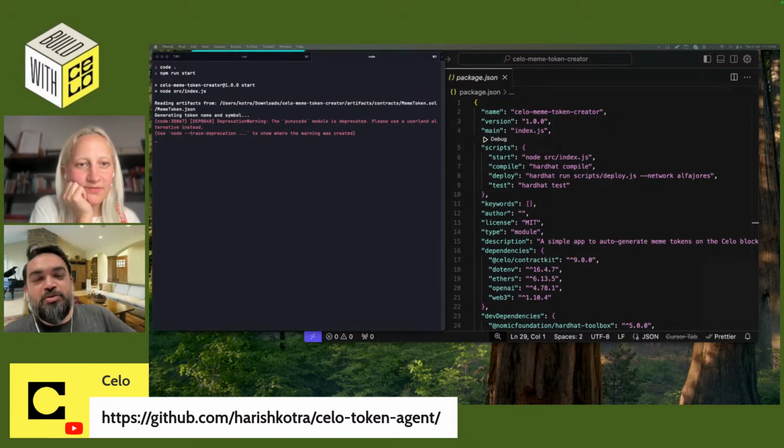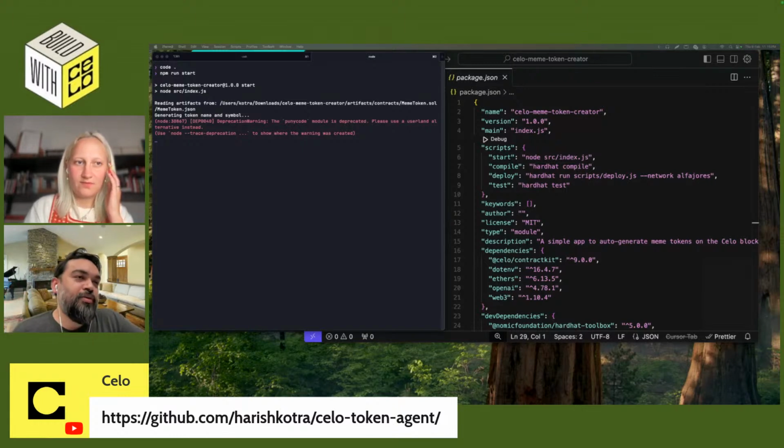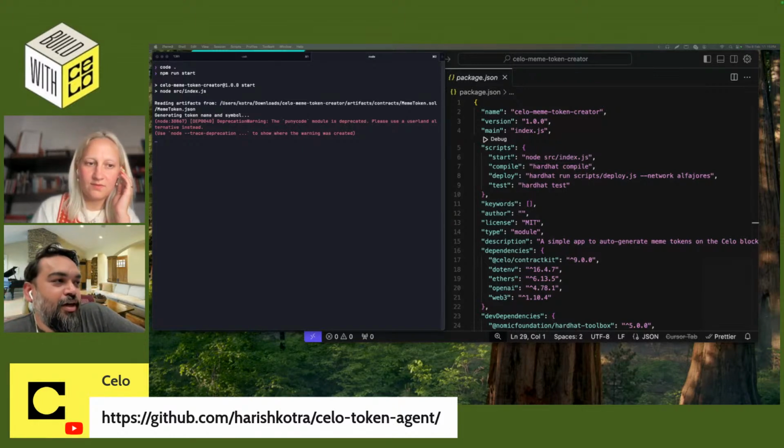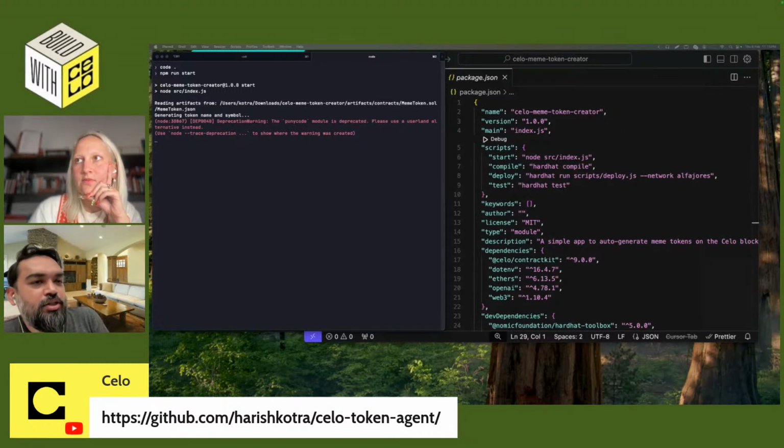So if the API is responding and is up, what you should see is the token name and symbol that we got from the API, and also the deployed contract address that you can check on, I think, Celo's testnet. While this is working,